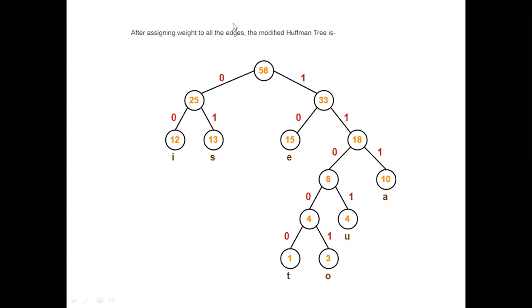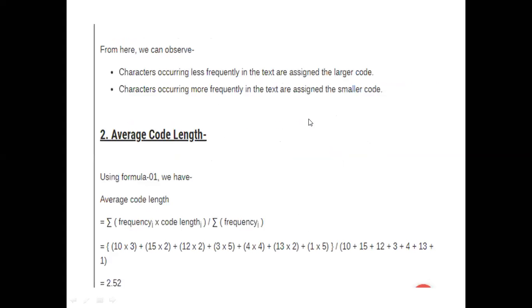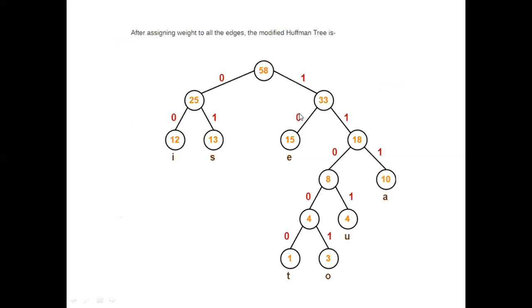Okay, so let's start. For 58, left edge is this, right edge is this. So here write 0, here write 1. Same way for 25, 0, 1. 0, 1, 0, 1, 0, 1, 0, 1. Done.